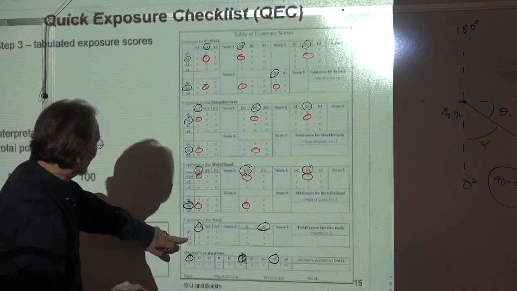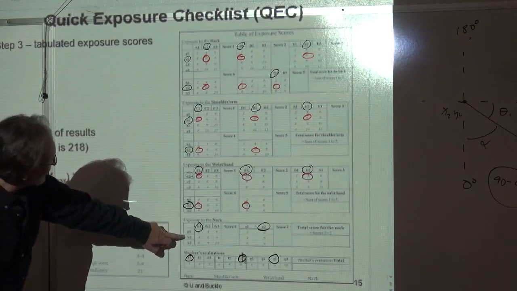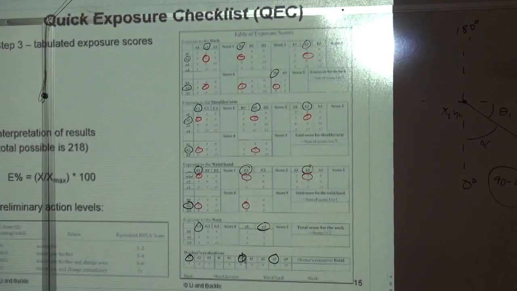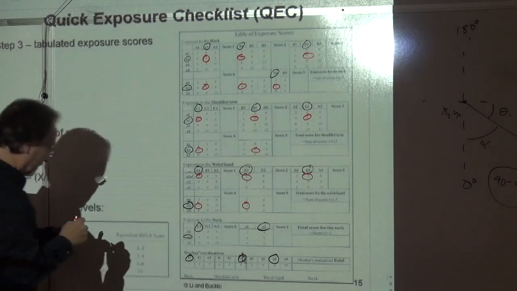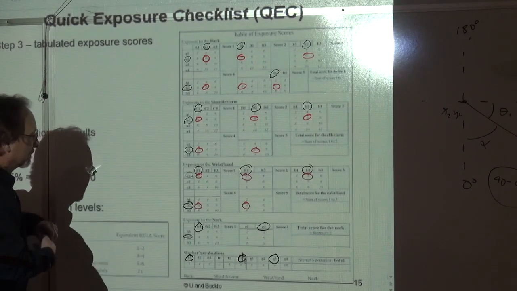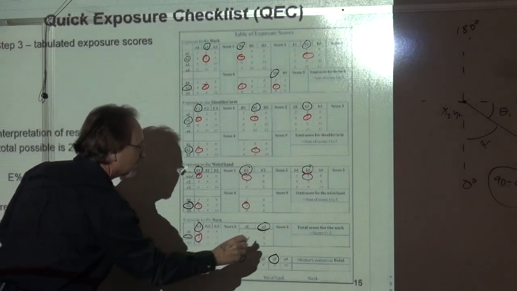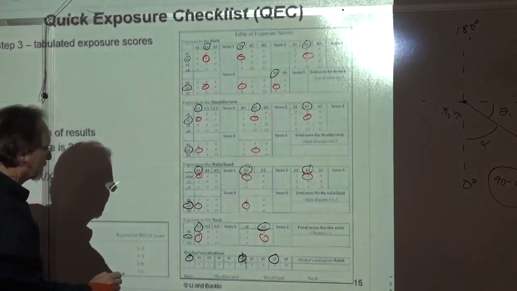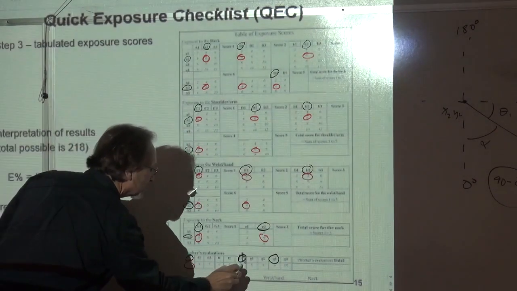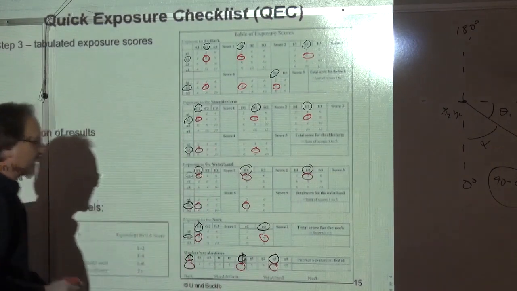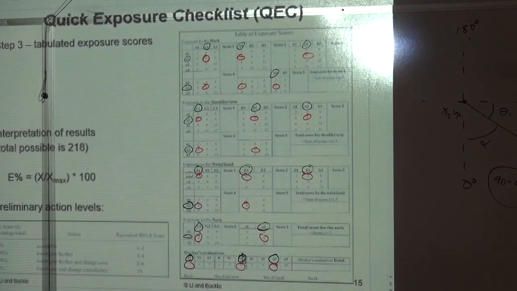Oh, I forgot this guy. What is that one? Is that a B2? Yeah, I think. Those are independent scores. I'll use another color